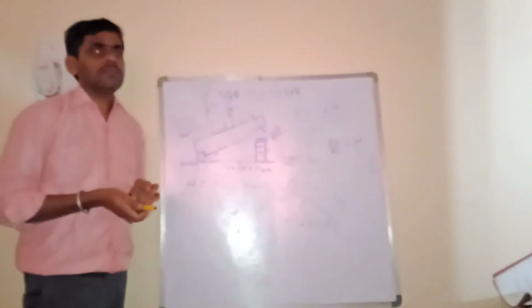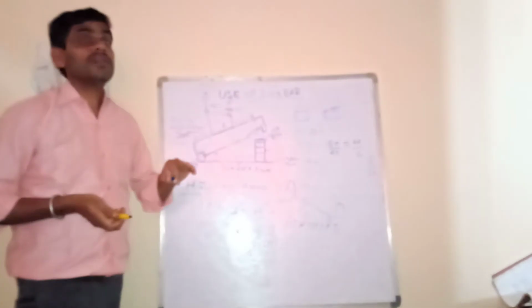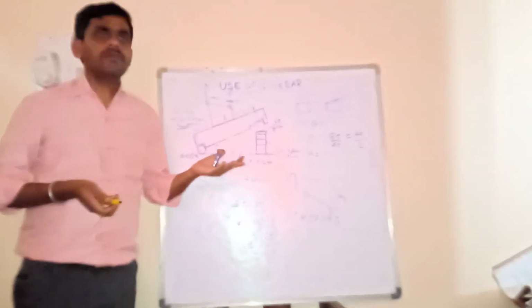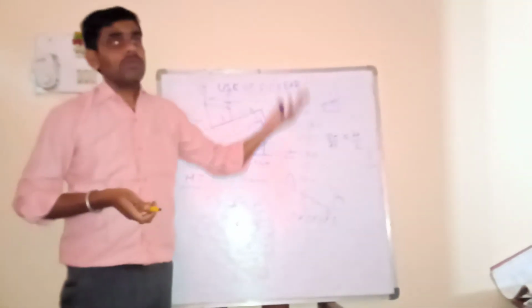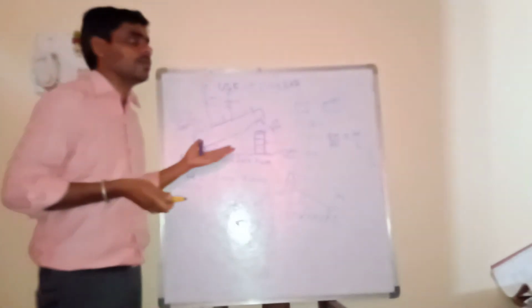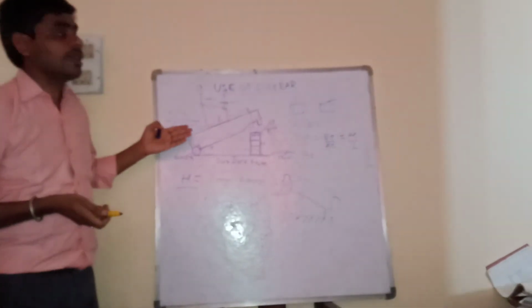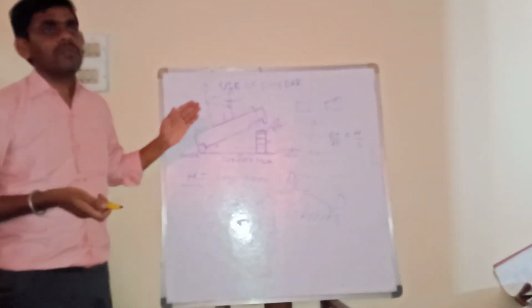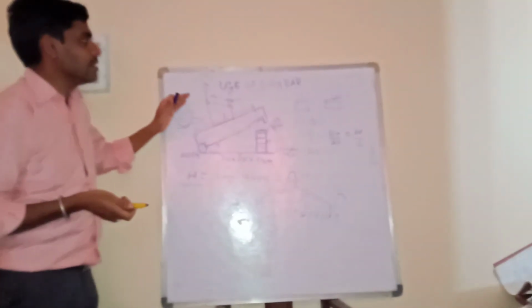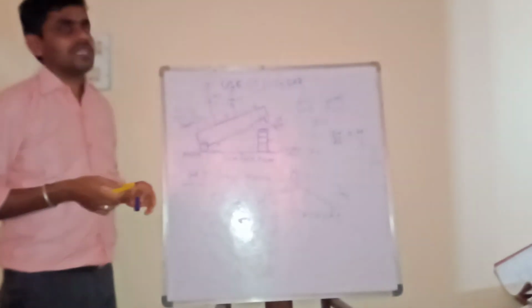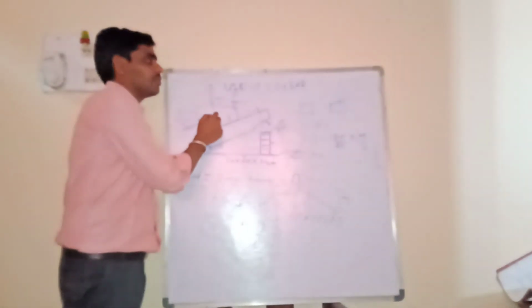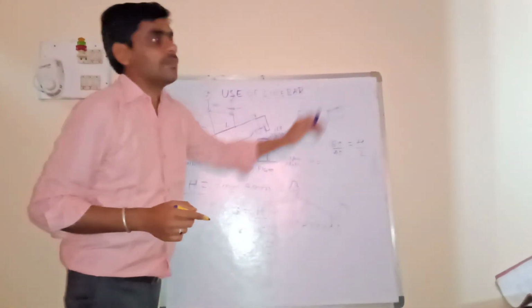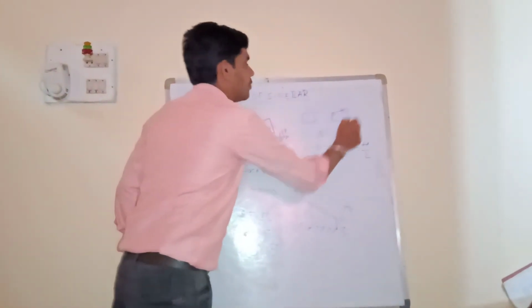Some limitations of the sine bar: the accuracy of the sine bar is very high, but it is practically impossible to check large angles; it is limited to around 30 to 45 degrees. If we try to check larger angles, it is unable to give the exact reading, and there may be disturbance to the sine bar or sine center equipment. This is the simple concept and use of the sine bar, where we check the unknown angle of a flat object with taperness, that is, a flat object having two different thicknesses.